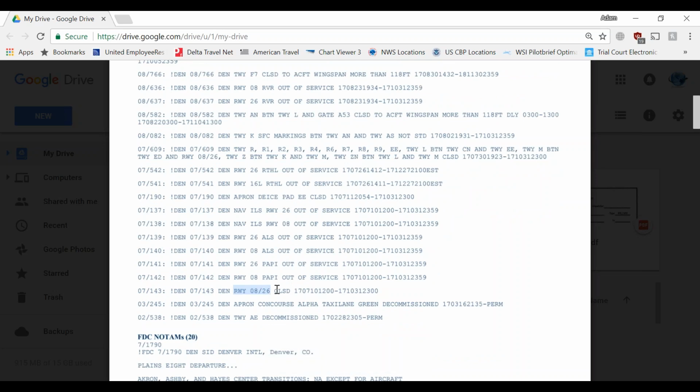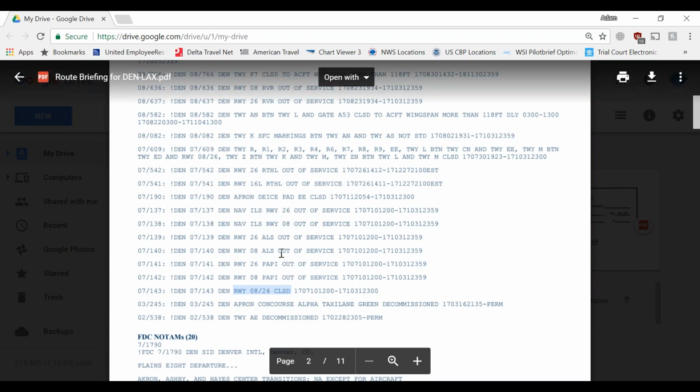Oh, and then we get to the bottom here. After reading all this crap about runway 26 and runway 8, we then finally learned that it's closed anyway. If they put this NOTAM right here, then we could have disregarded all of this. In fact, they could just put in this NOTAM alone and erase all of this crap, because even if this was working, we can't use it if it's closed. So anyway,